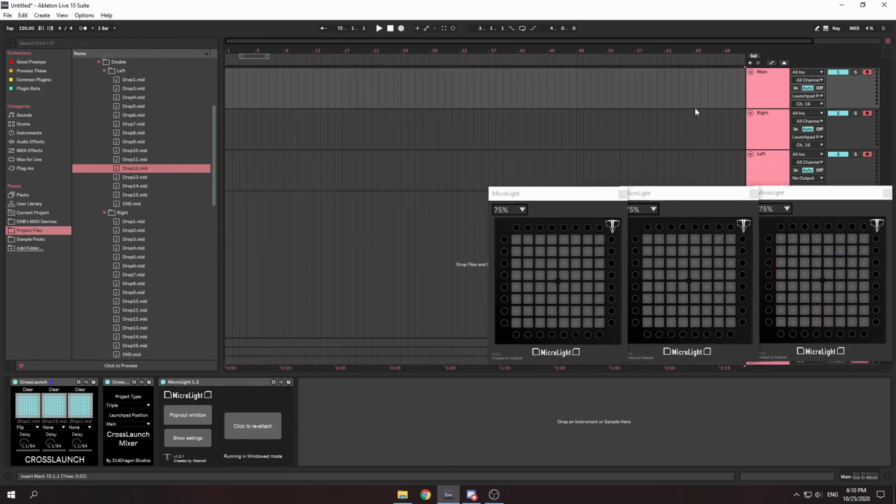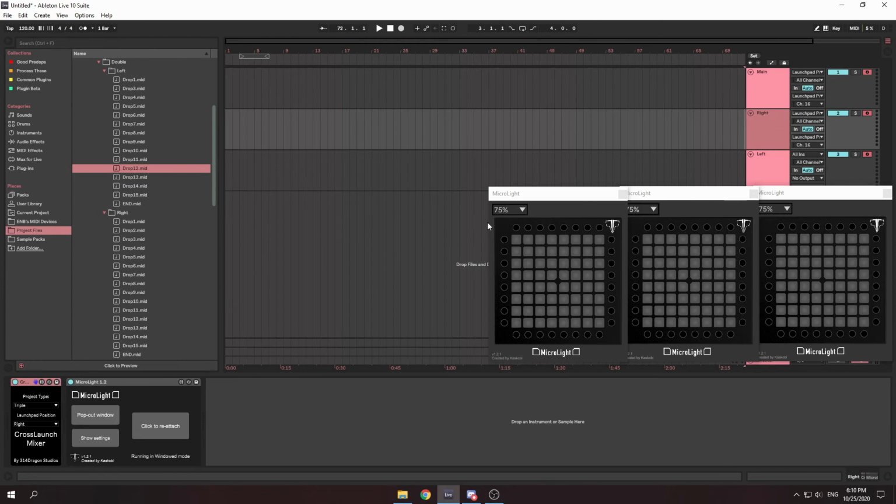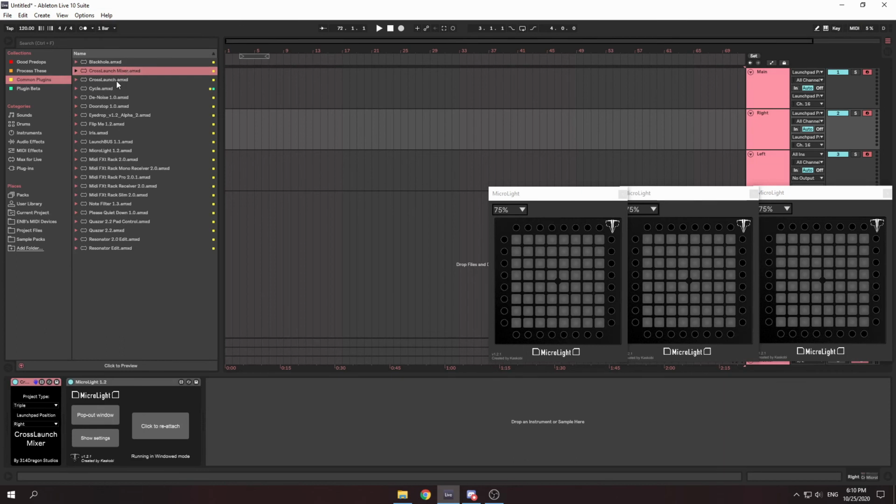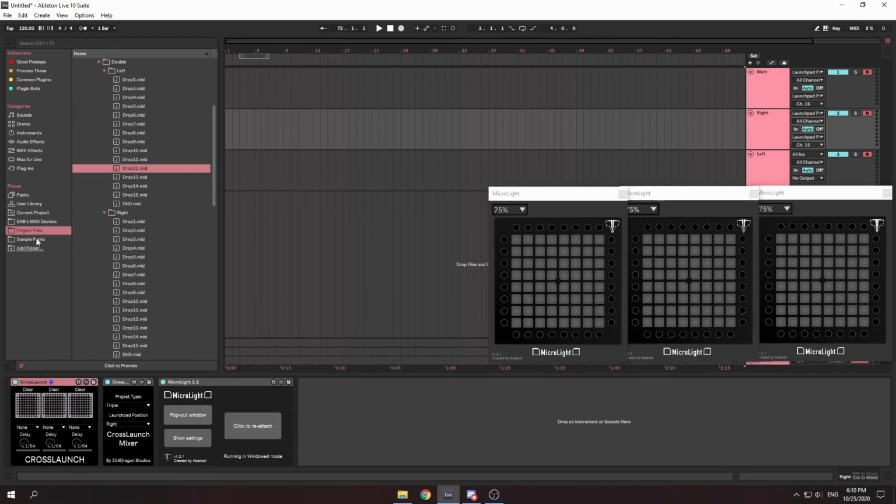Now here's the kicker. I have this right launch pad here. Let me just define my inputs. Here we go. So I have another launch pad, and this light effect triggers when I press a button on the main launch pad. What if I want it to do something on a launch pad that's not the main? Same exact thing. You just drag a cross launch, and then you just